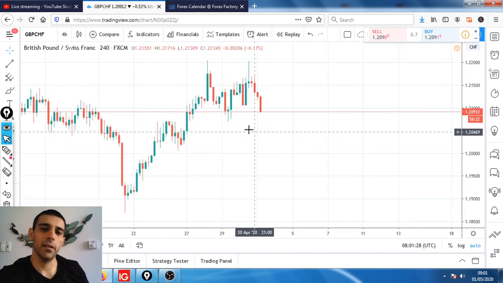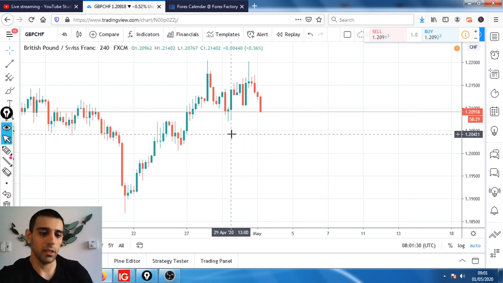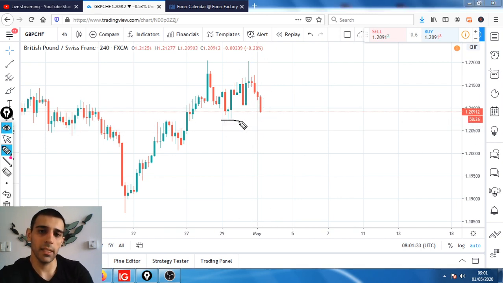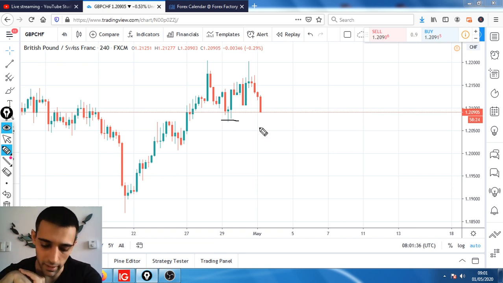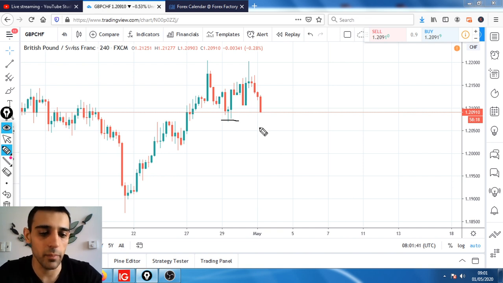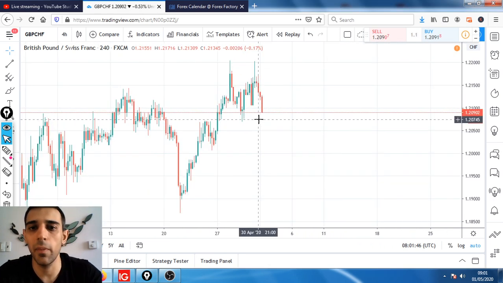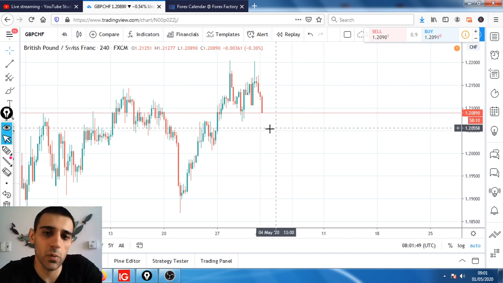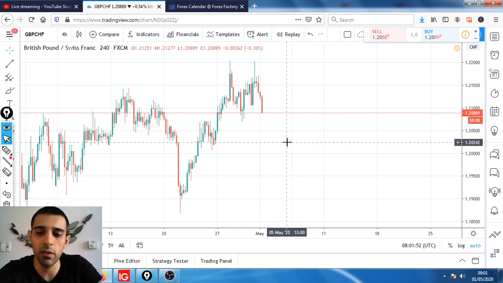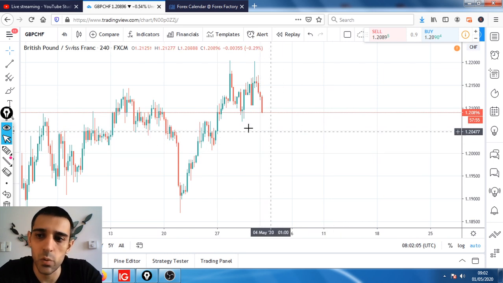So that's why I do want to wait and see what it's going to do. Make sure you wait for that candle to close and take out this low in here. It's not going to happen for another 3 hours, because a new candle's going to open in 3 hours at midday UK time. So there's plenty of time to wait, just come back and check it just before midday. That's what I do. That's the good thing about trading on the higher time frame, such as the 4-hourly time frame, because that candle only changes every 4 hours. So you can just come back and see it every 4 hours, and do other things in between.